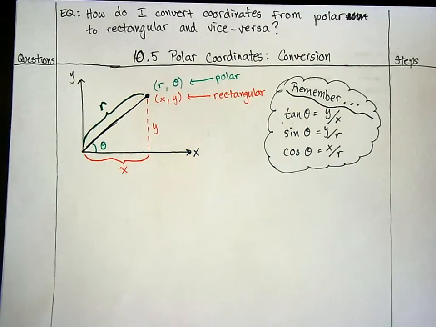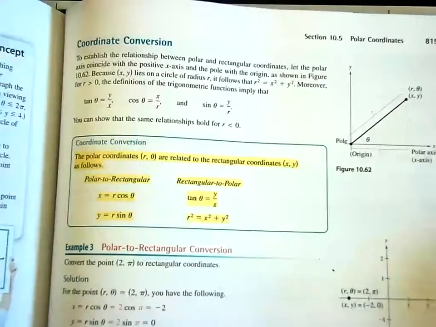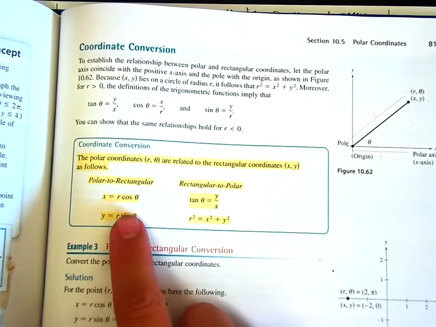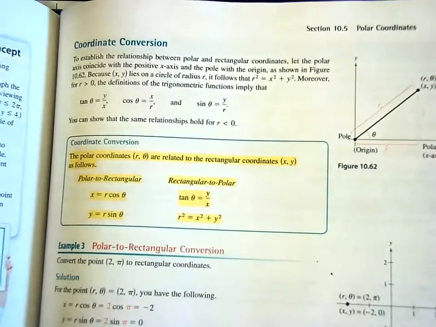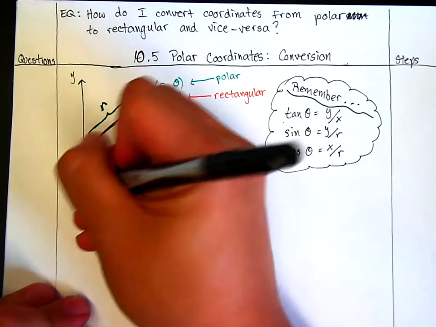You've got to remember that tan theta is going to be equal to y over x. It's going to be essential for our conversions, and that's going to be noted right here in coordinate conversion. So go ahead and copy down this highlighted text. Pause if you need to, but I'm going to jump into example 1,